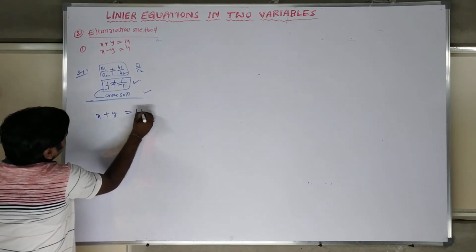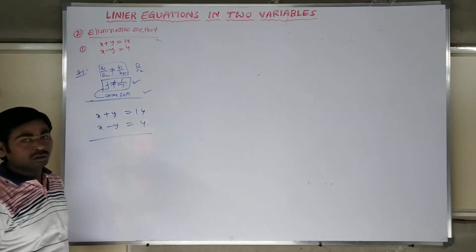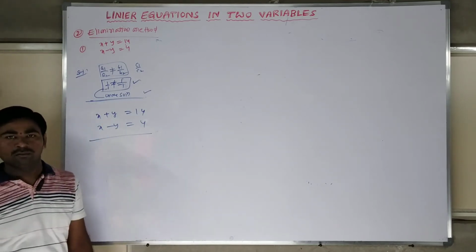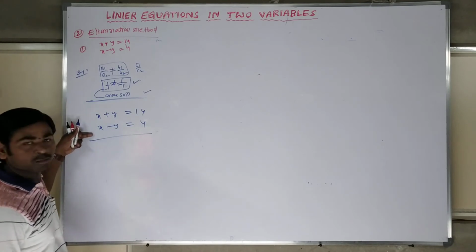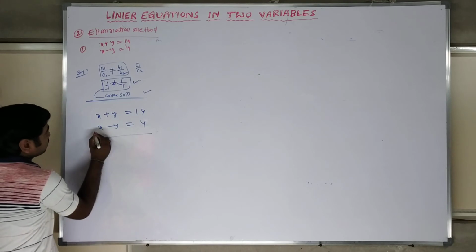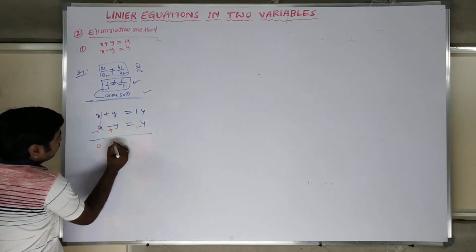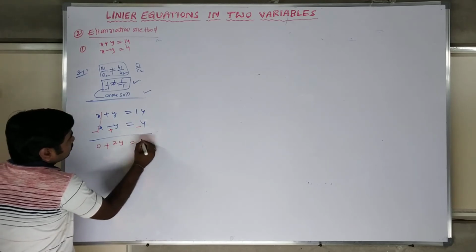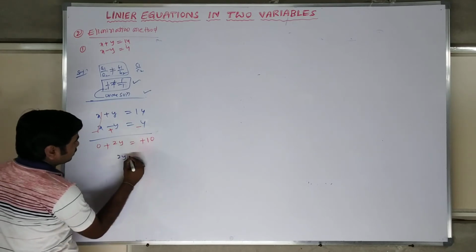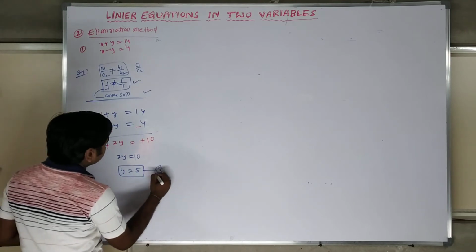Then check it out. x plus y is equal to 14, x minus y is equal to 4. If you want to solve by elimination, the coefficient of x or the coefficient of any one is enough. So the x coefficient is same. No need to worry about that. Directly you can apply, no need to cross multiply. So take it out, change the signs. x cuts to 0. y plus y, it is 2y is equal to 14 minus 4, nothing but 10. So 2y is equal to 10. y is equal to 5. I got the answer. This is equation number 3.